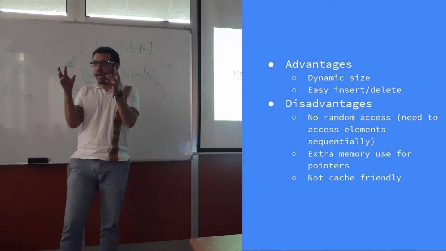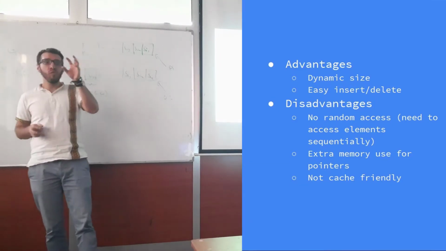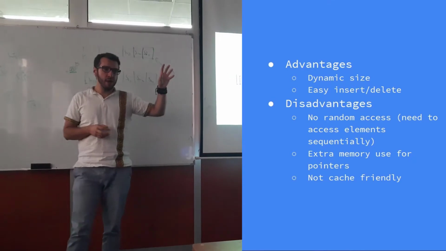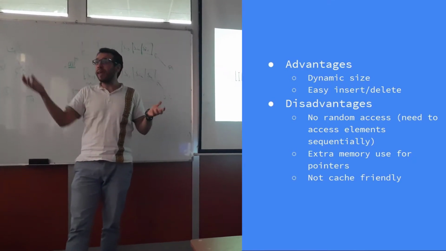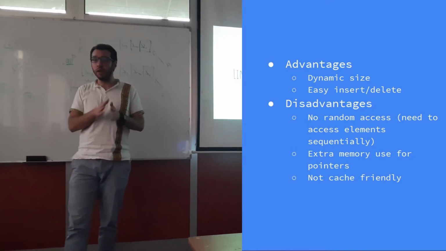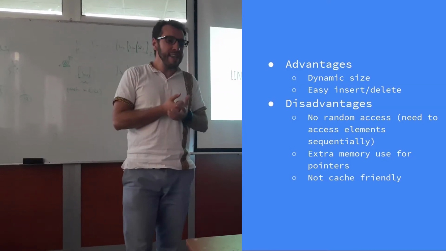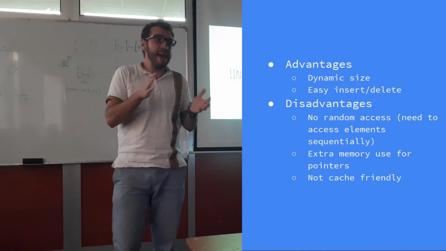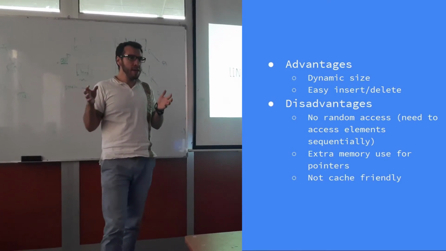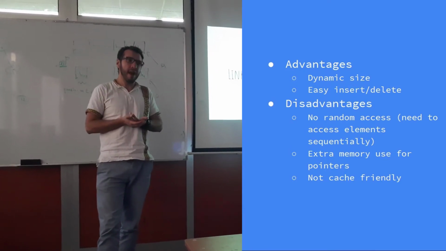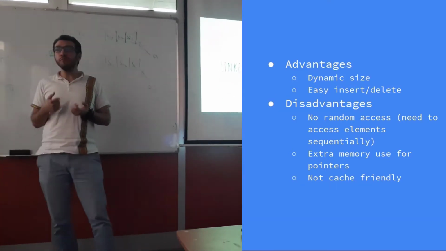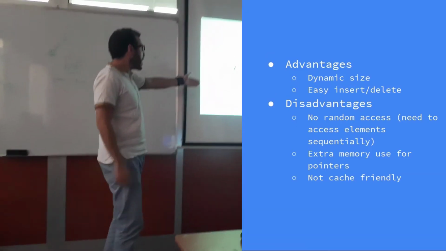Meaning, once you try to reach two consecutive elements, one might be at the beginning of the memory and the other one can be at the end of the memory. We don't have any guarantees about their continuity. So, elements are linked using pointers. Since they are not contiguous in the memory, we have to link them somehow, right? So we do this with the help of pointers. If you look at the example here,